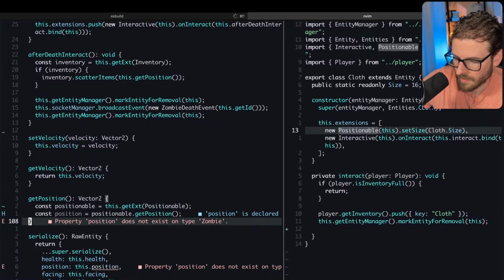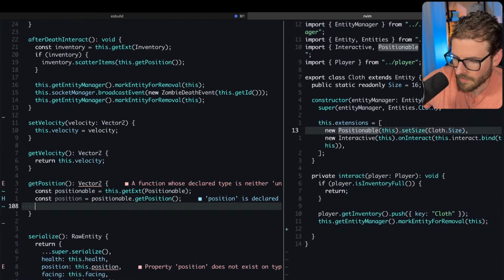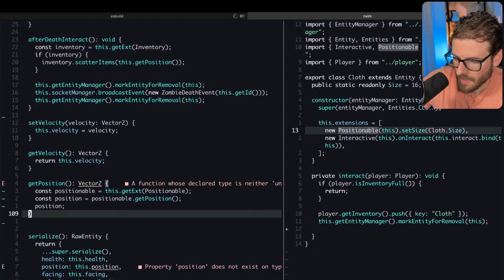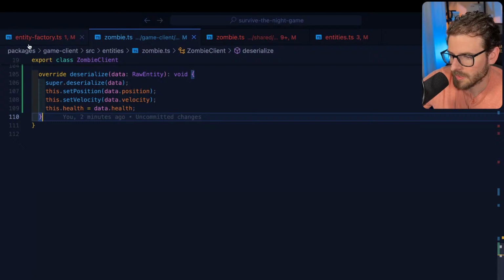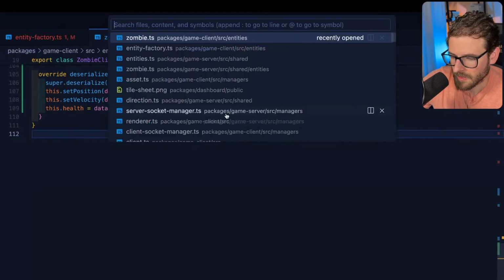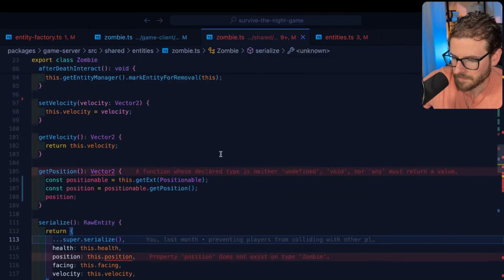What am I doing? I don't even know. Okay, does this not work? What is position? I don't know how to do that. Yeah, screw Neovim. Let's go back over here. Let's go to the server zombie.